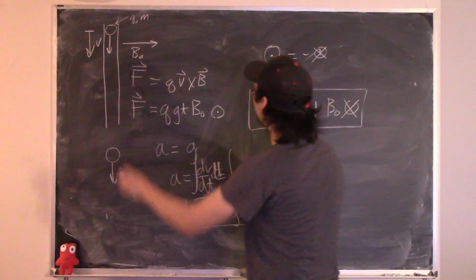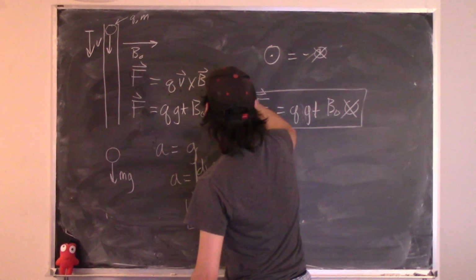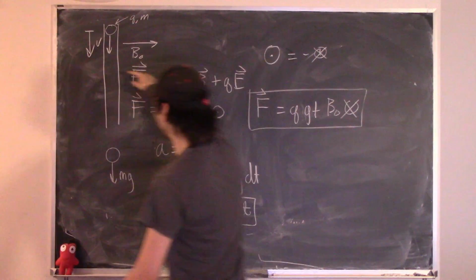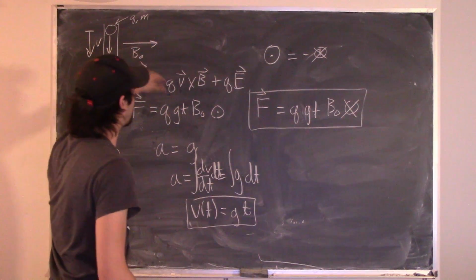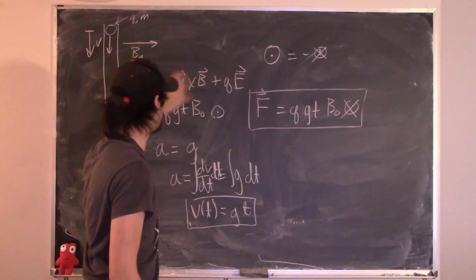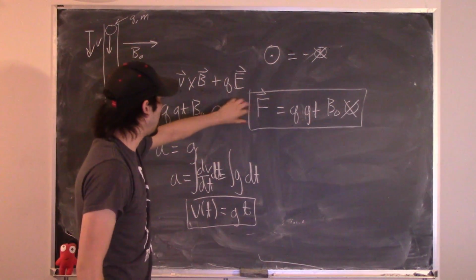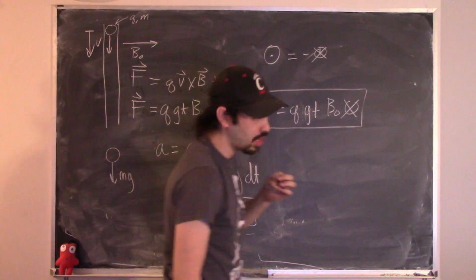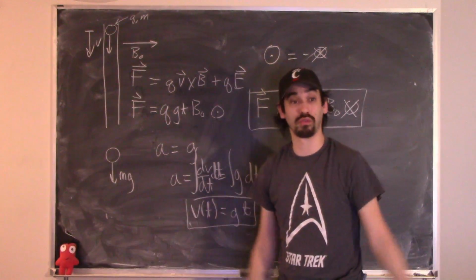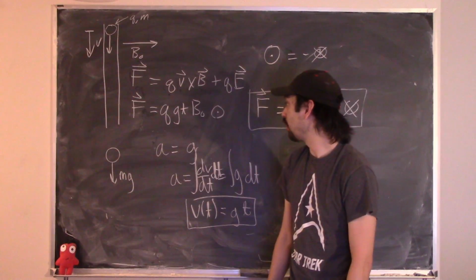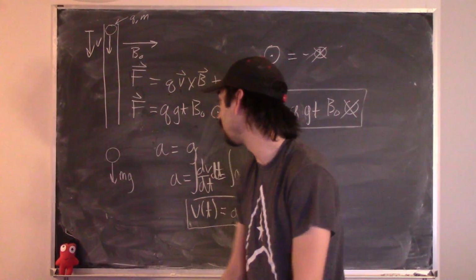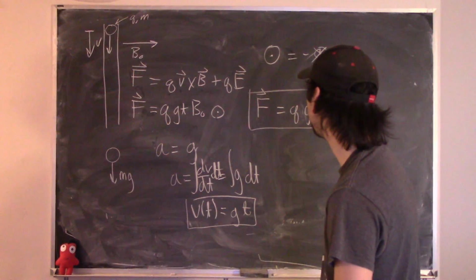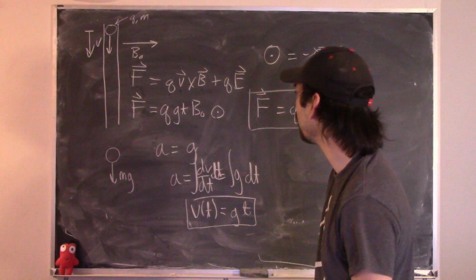So in general, you're right, there should be some QE vector here, because this is what Lorentz force law says. It tells you what the force is acting on a charge due to both its motion in the presence of a magnetic field and the presence of an electric field. But here, there is no electric field. So something, yeah, I don't know how I would incorporate an electric field into this. I mean, I guess I could say,